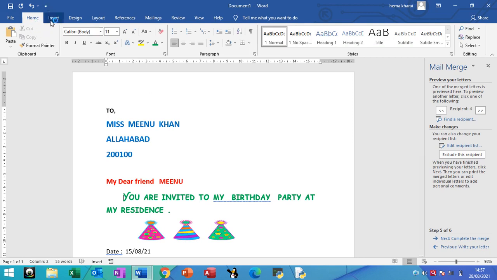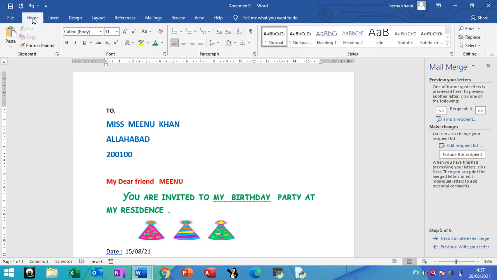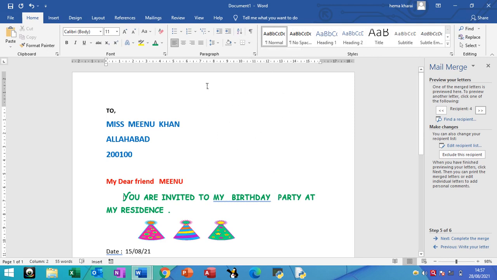So you can go on different features which you can use here, like borders. You can give border to your page. I'm going here, and you can see page border. You can give page border, and background will not come in your printer.